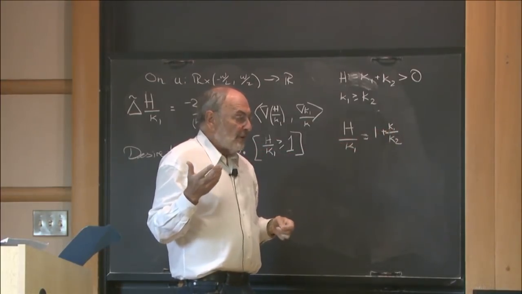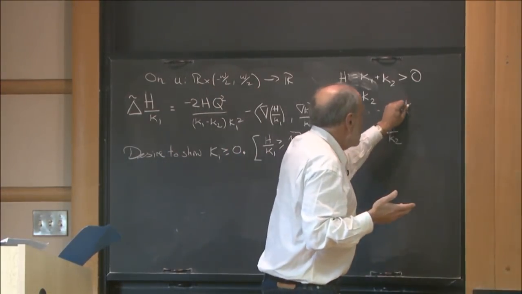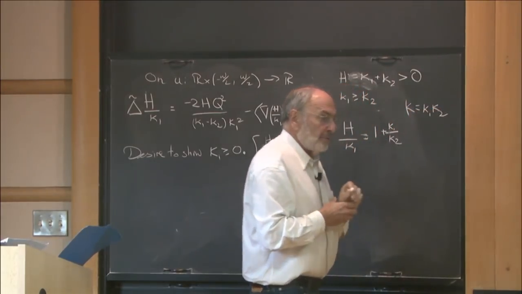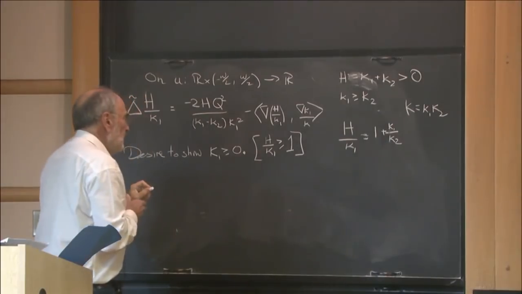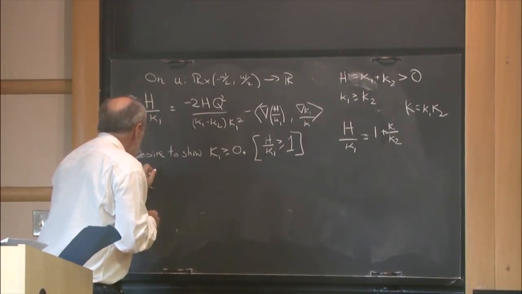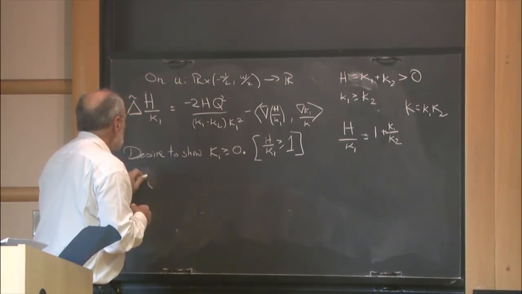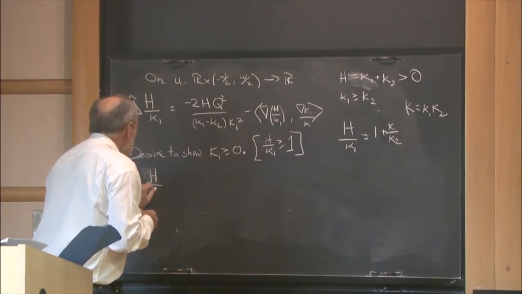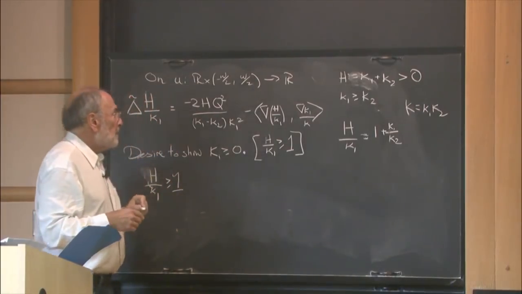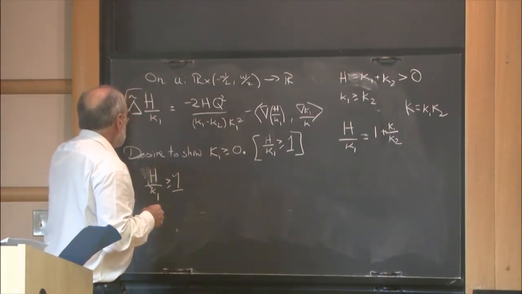And that's the same as showing that the product, the curvature K equals K1 times K2, is positive. So what you want to show is that this function H over K1 is equal to or greater than 1. Okay. So here is